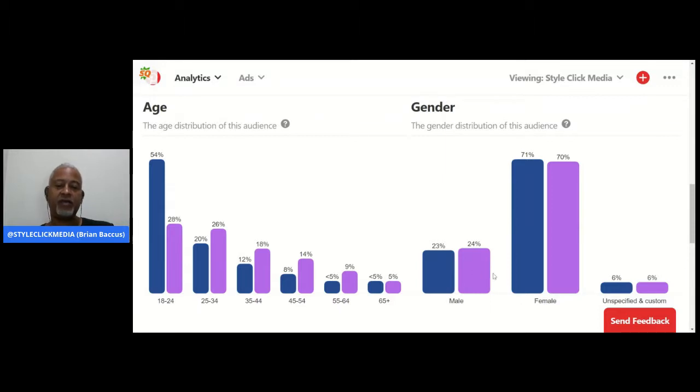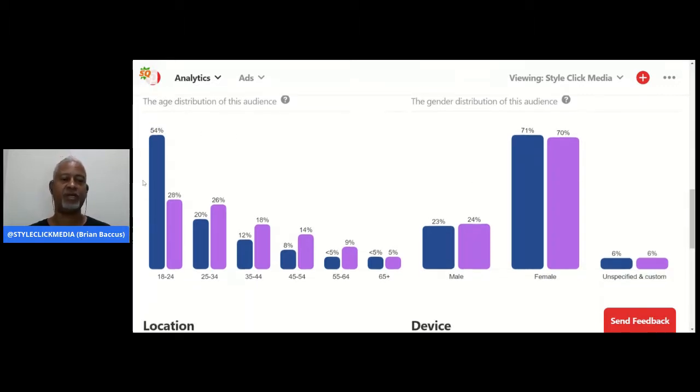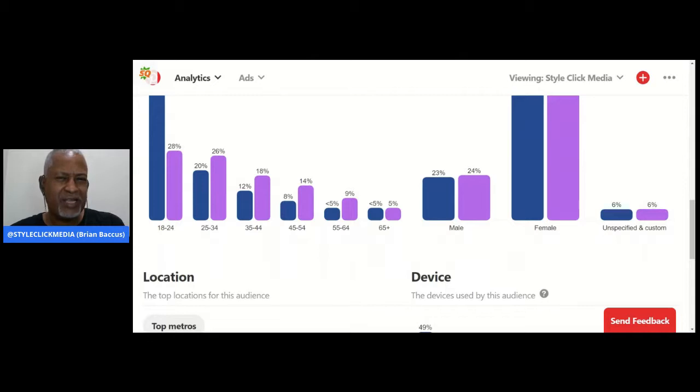So you can see right here, we do match on the gender distribution. Now, 71% of my following is females, and 75% of them are age range 18 to 34. So in between that, I already know what I can do. Now I can focus on coming up with a product that I can push to females age 18 to 34. That's who's got all the money. 18 to 34-year-olds. They're on social media. They spend money. Anybody over 40, they're not really on social media. So you gotta probably use Google Ads or Google Posts or something like that.